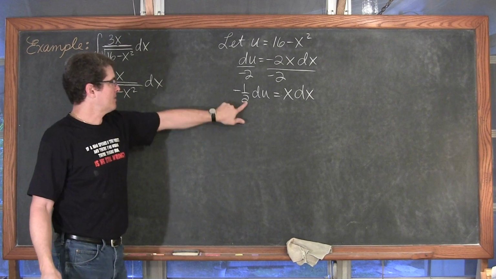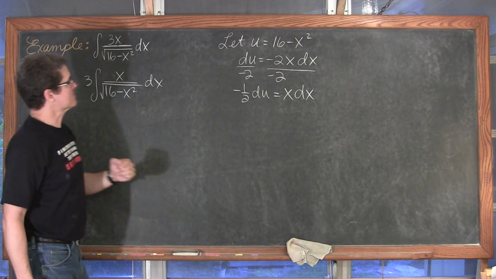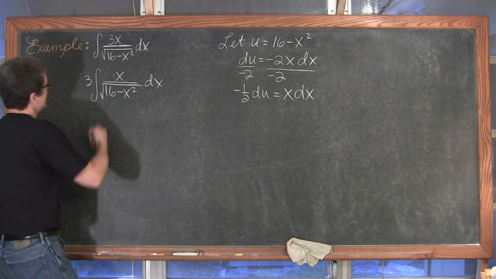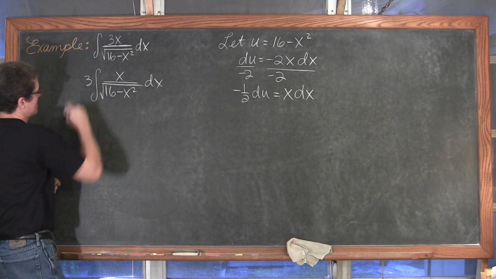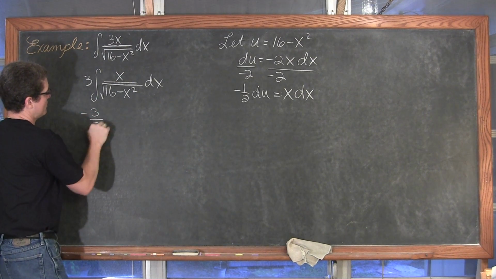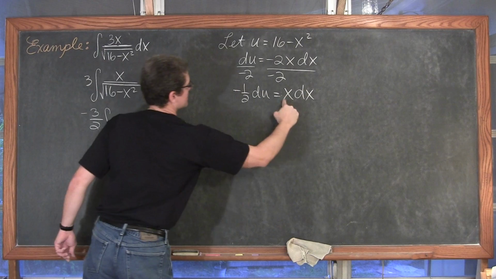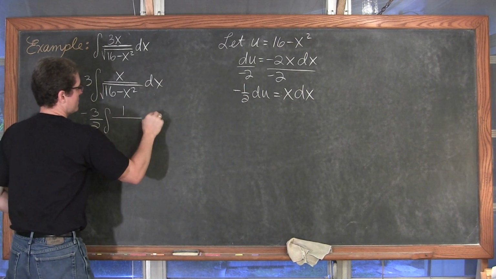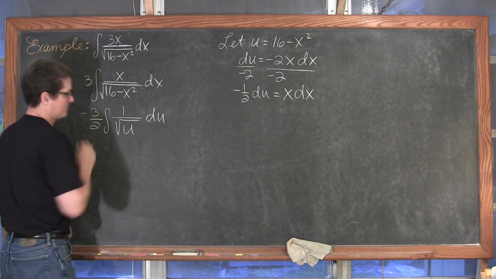And now I have a substitution and can remove a couple of these references to x and just have the du in there. And I'm going to have this 1/2 out front. And actually, 16 minus x squared is right here, so I have enough to complete my u substitution and get all the references of x out of here. And this negative 1/2 is going to come out front. We have negative 3 over 2 times the indefinite integral of, x dx is going to come out, I just took care of that, so just the du over the square root of u.